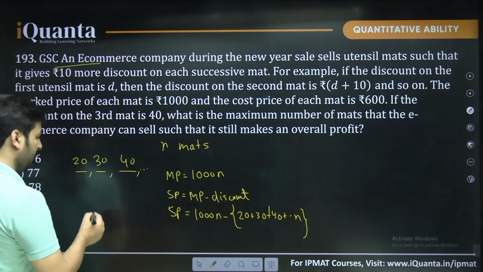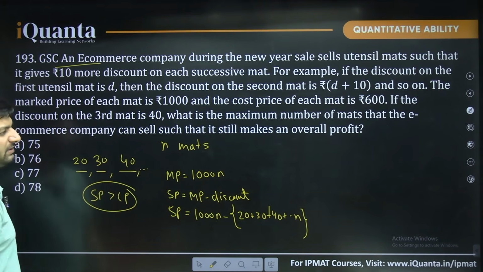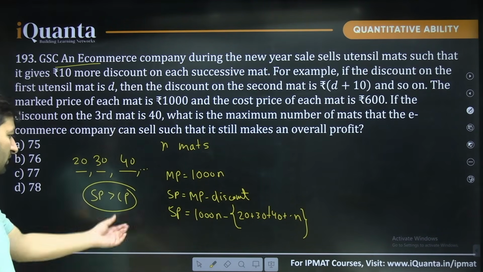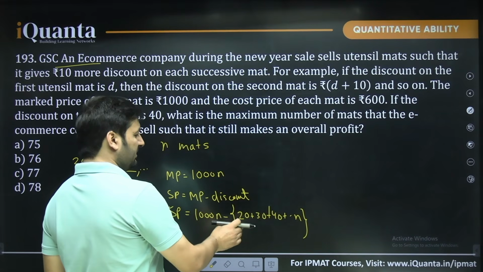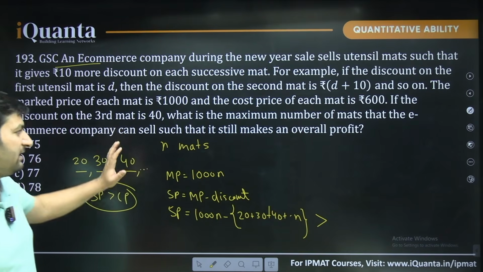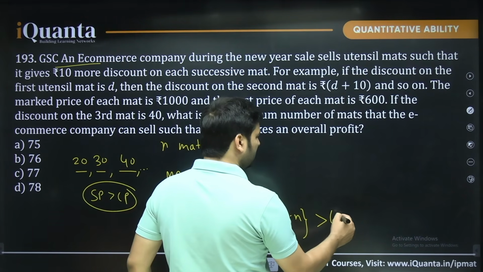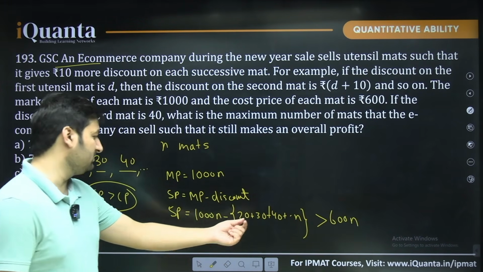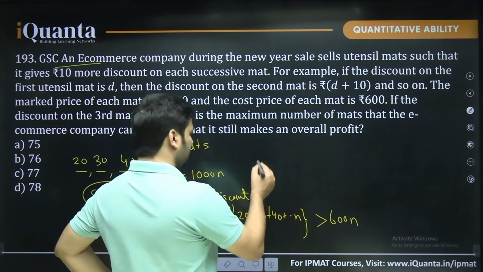What does it become? It becomes SP. And for profit, you know that SP should always be greater than CP. This is what it means, that you still have to make an overall profit. So this is SP, and SP should be greater than CP. What is the total CP here? There are n mats and each mat has a CP of 600, so this should be greater than 600n. Now you can solve this. So 1000 minus 600 is 400n,